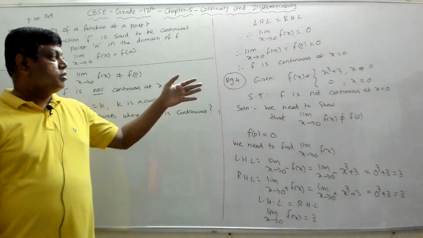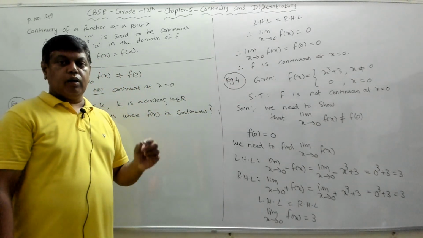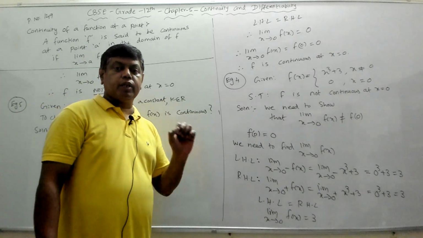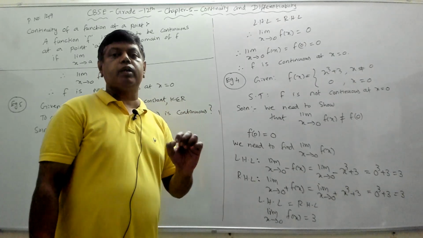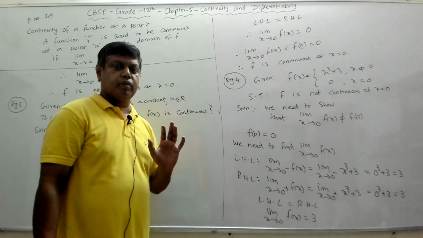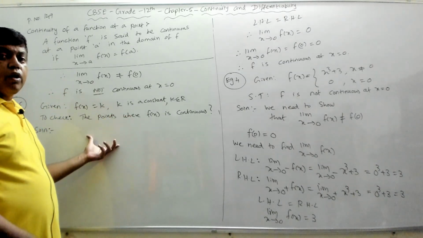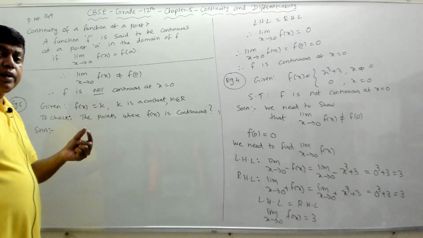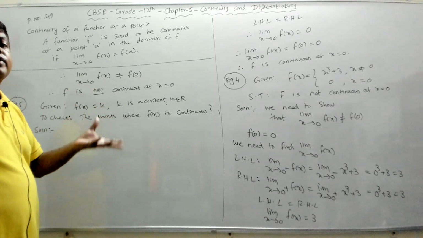So in the previous examples that we did till now, we knew the point at which we had to check whether f was continuous or not. But in this problem, they have not given any specific points, which means we have to generally find for all points. We need to check for all points in general. So we cannot take a specific value for a. So we have to find a general value. We have to take a general value for a.